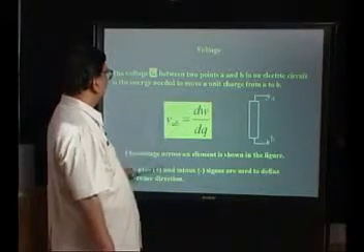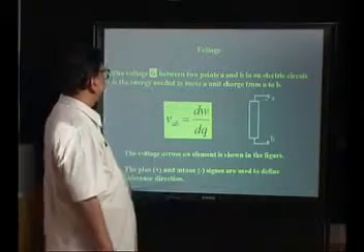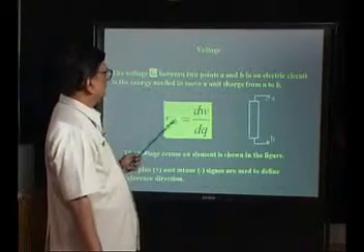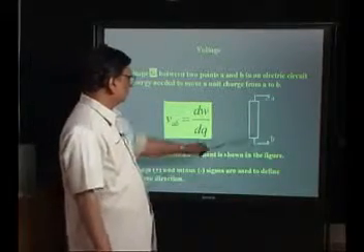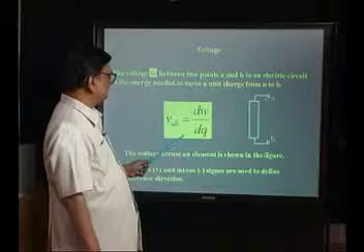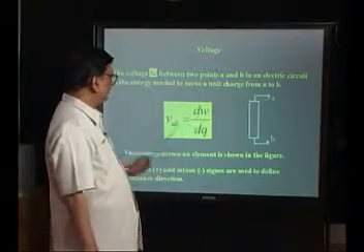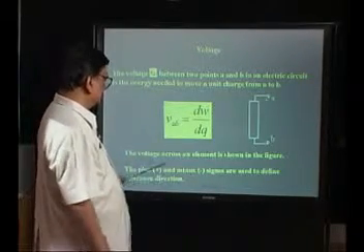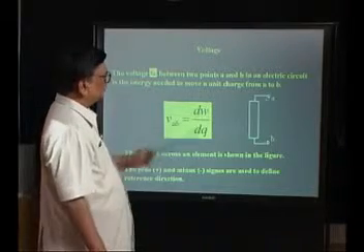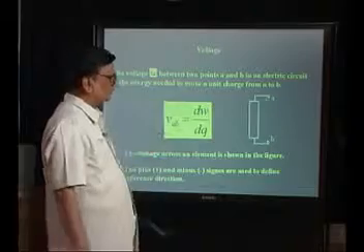So, we define the voltage VAB between these 2 points A and B as the energy needed to move the charge from one point to the other. So, VAB is the energy needed to move this charge between the limits A and B. The voltage across the element will be shown as plus and minus, which depends upon whether we are exerting the work or work is done by the element.